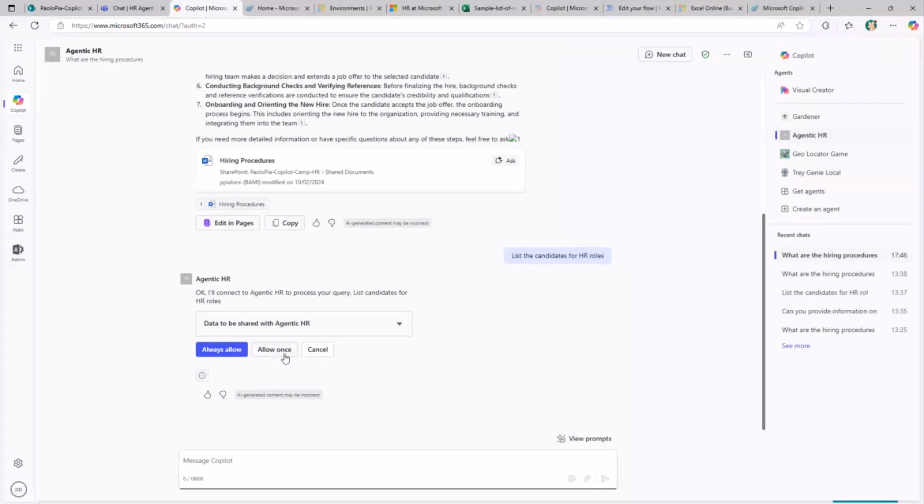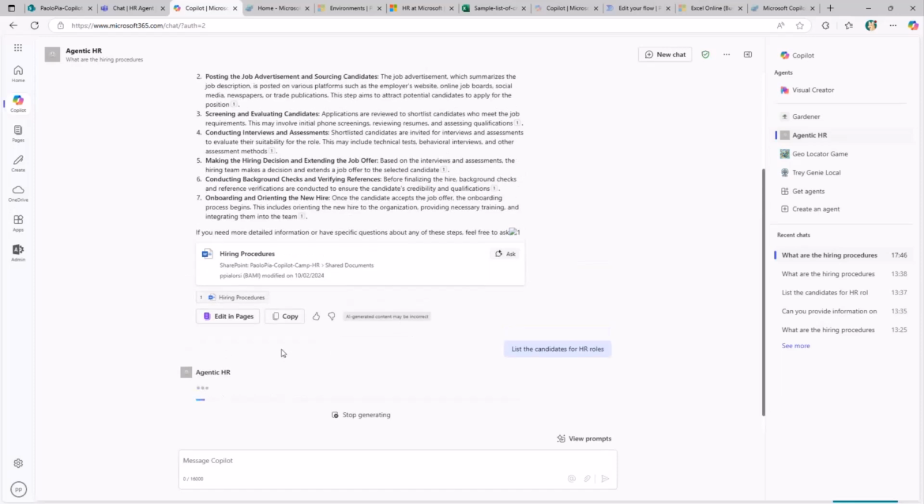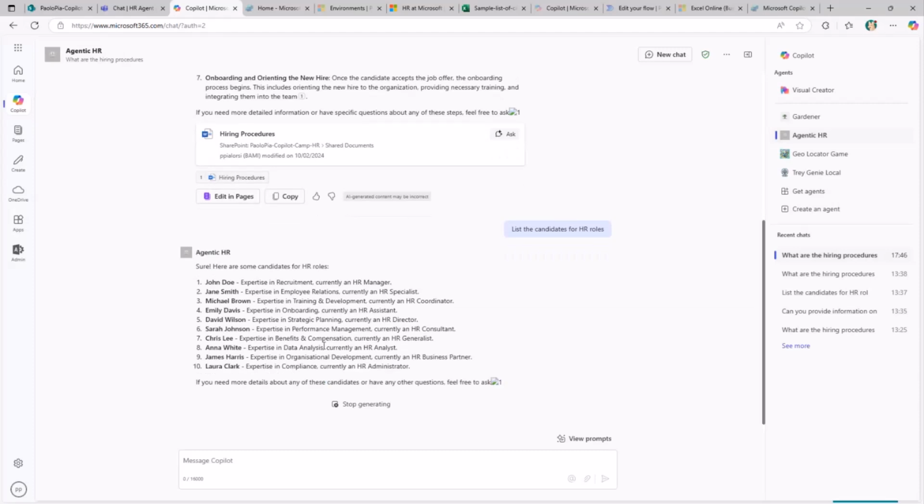Since I'm going to use the APIs to consume the Excel file, the very first time I do that, I need to allow Copilot to do that. For the sake of running this demo multiple times, I will only allow it once, but you could eventually allow it always. I'm allowing this interaction with the external system and with the Excel business connector. By doing that, I will be able to get back from my external file stored in SharePoint Online the list of candidates that I can eventually work with. And here we are with the list of candidates that I have in my Excel file.